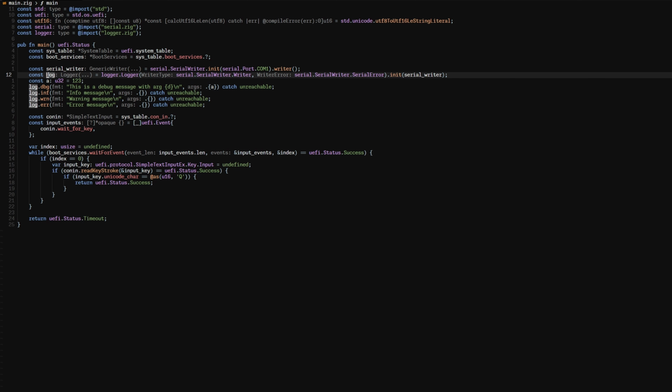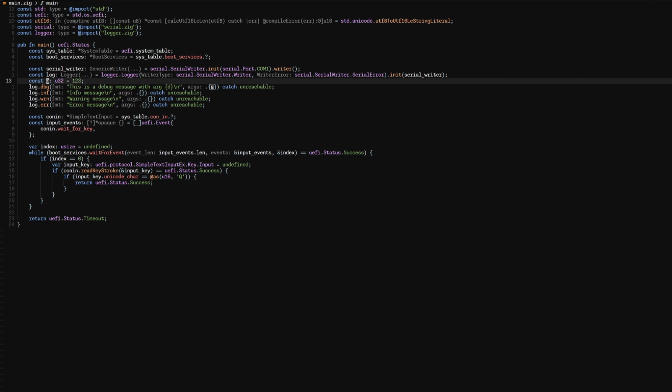And if we want to use this logger from outside our current scope, we need to either pass it to each scope that we want to log from, or we'll need to set this as a global variable somewhere in some zig file, and then include that zig file everywhere. So I did some research on how this could be solved, and I was pleasantly surprised to find that